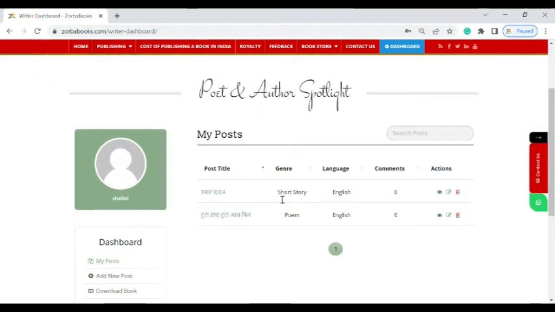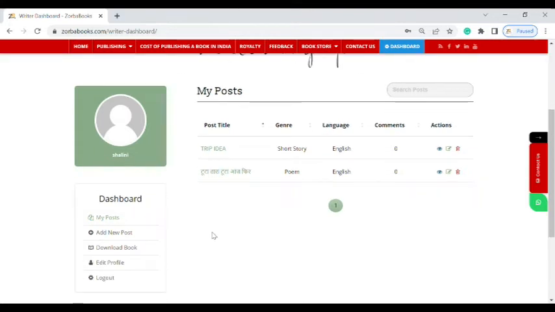A dashboard will open up. If you have already posted some blogs, they will show up before you. If not, it will be a blank page where you can start adding new post. Go to this button, add new post, click,